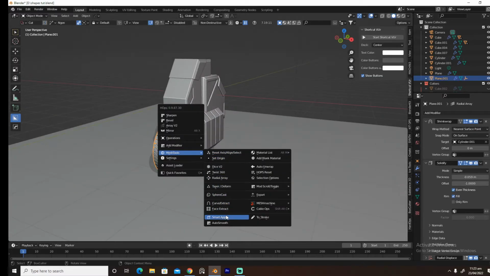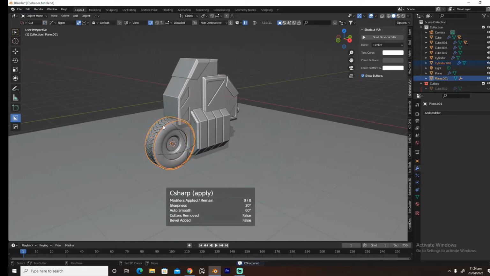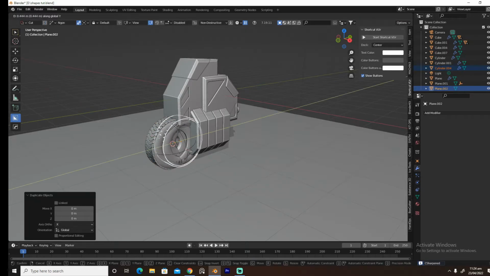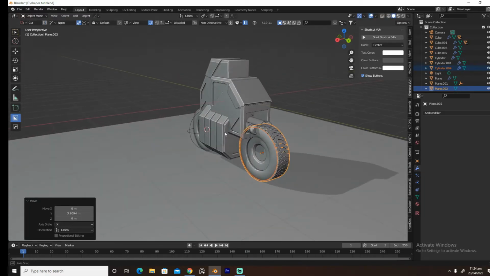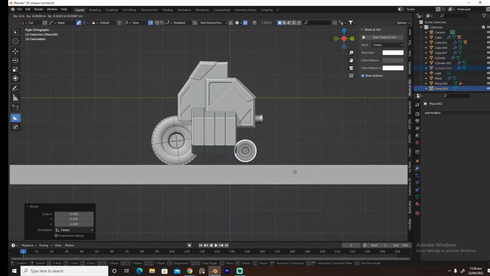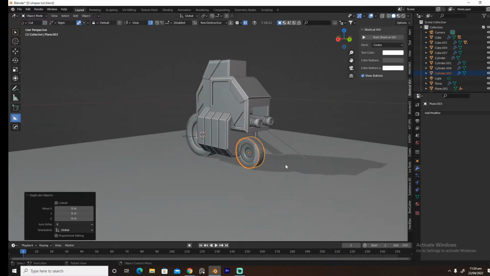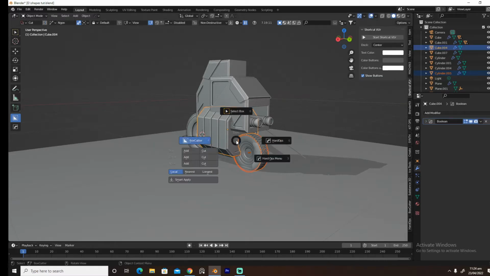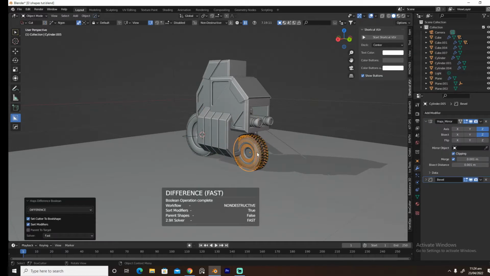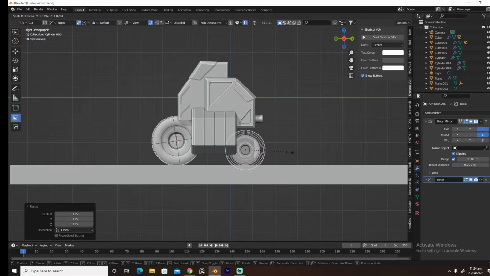And we are going to multiply this, and we're going to sharpen this, and we're going to shift D this and bring it forward and scale it down and bring it somewhere right about here, and scale it up and bring it up to right about here. We're gonna shift D this, scale it up, and we're gonna go to hot ops and difference it to right about here,